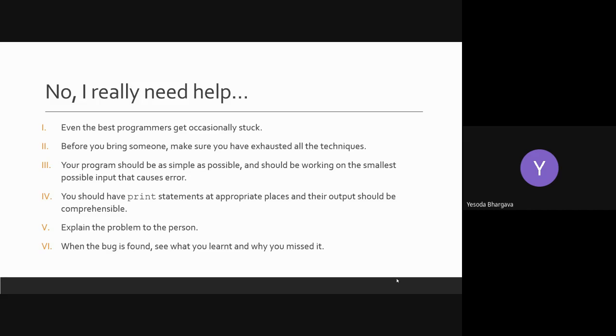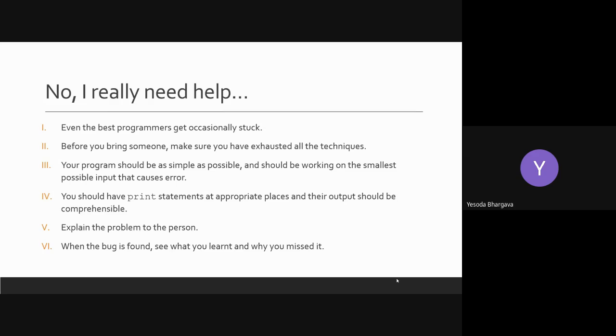As Tarun had mentioned last time, something called rubber duck debugging. So something really like that. So don't flinch from asking for support. And I can understand it becomes really difficult sometimes to ask for support, especially when we are stuck, because we often judge ourselves for not being able to solve the problem. But it's okay to ask for help.